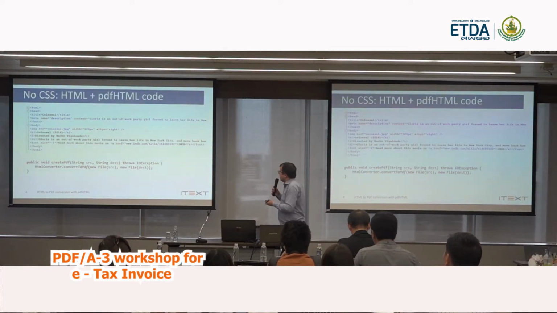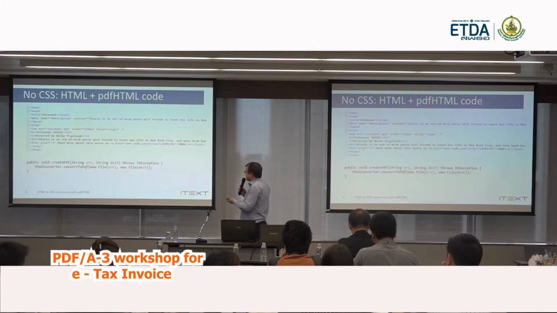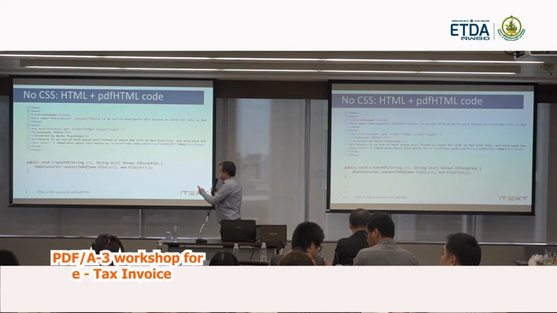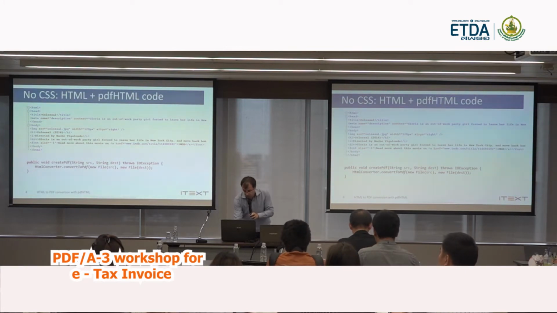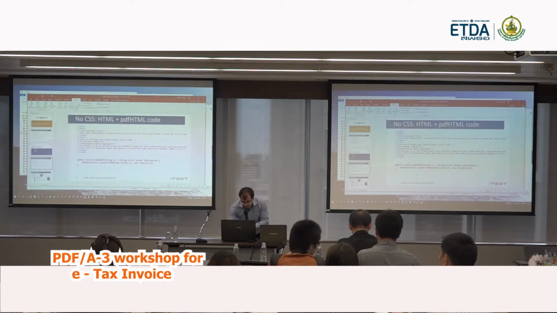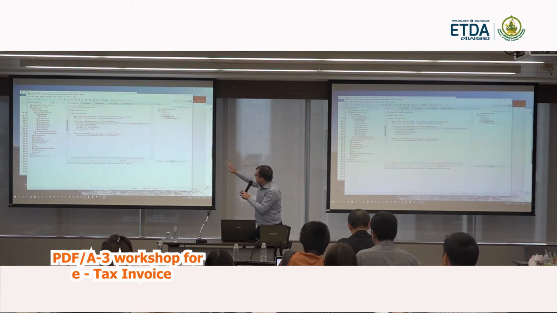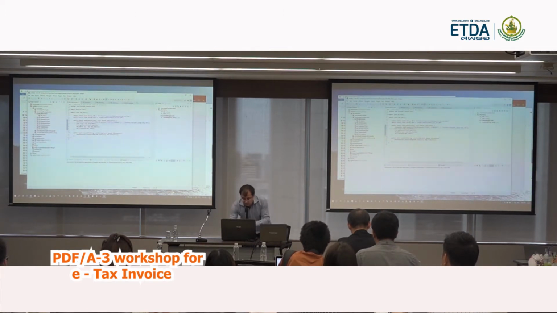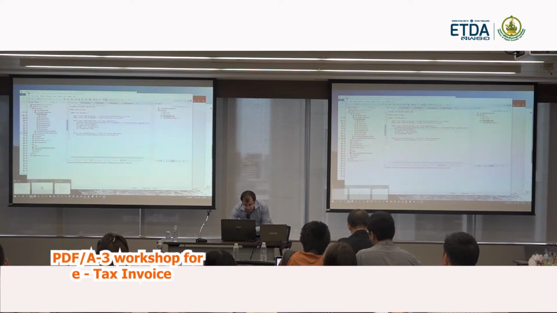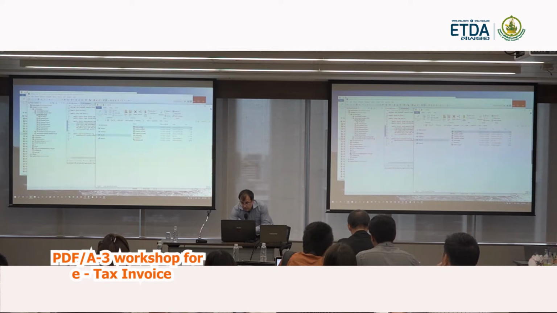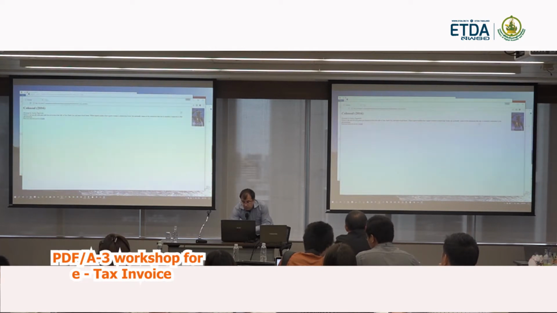Here we have a very simple HTML with italic and font size that we change. And we use one line, and I'm going to just go to the code, sorry, I had this open. So we go to the source code. This is a source code. We have a no CSS HTML. And let's see, we have the HTML here. So this is what it looks like in HTML. And then we run the code,